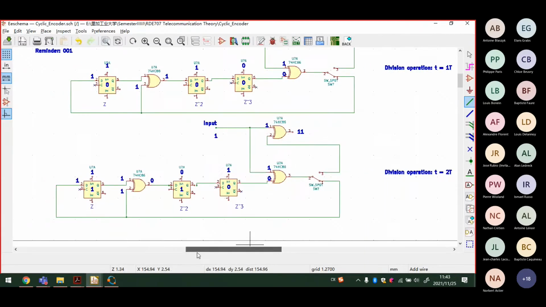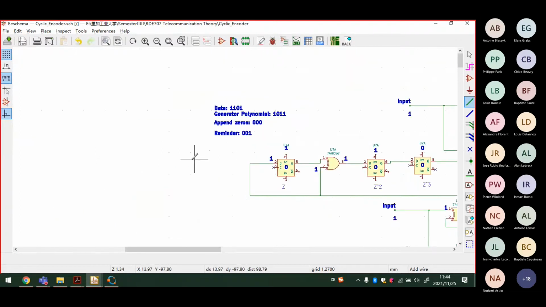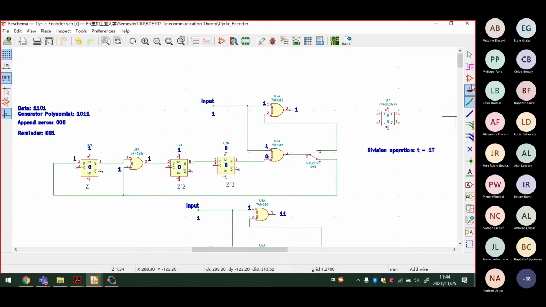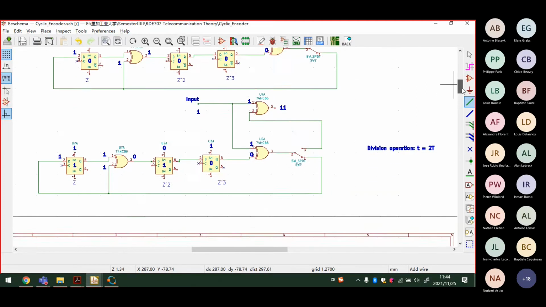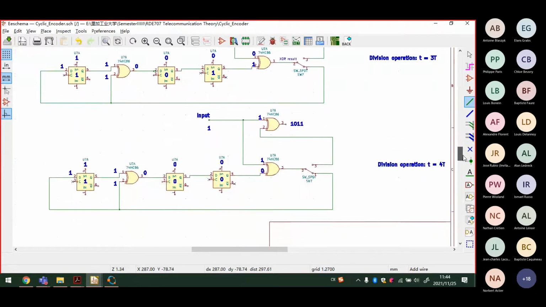But in my case, I have the 110, so my second database will be the 1, and you will see the next state where it will be stored in the flip flop, and it will change, and the transpose XOR operation will get the 1, so it will be the same with the 1, and after the 4 bits calculation finished,